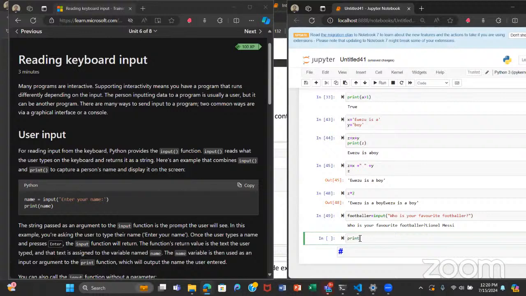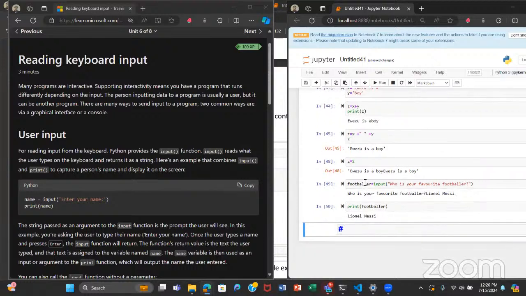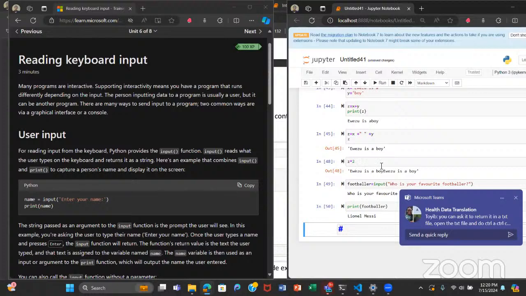Let me create the variable, and then boom. What I inputted is here.